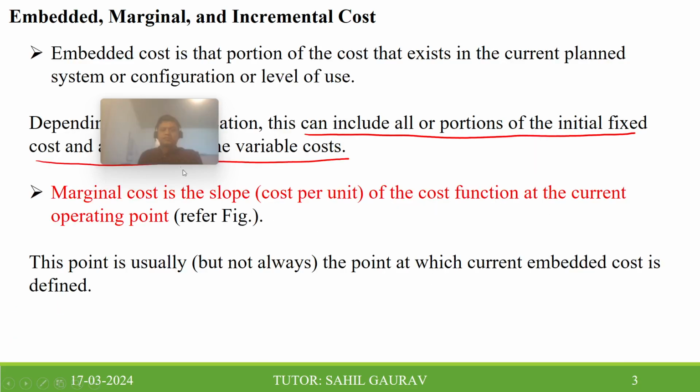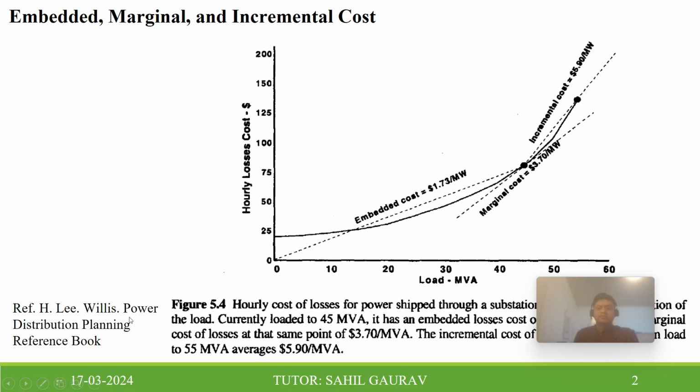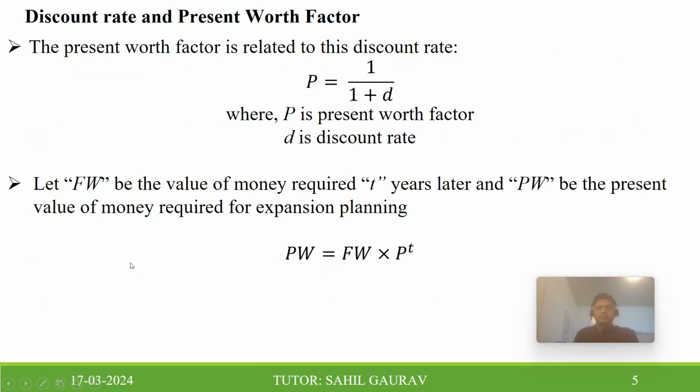I hope this data will help you in solving one problem from this current assignment that is given on embedded, marginal and incremental cost. And all these definitions have been taken from H. Lee Willis's book Power Distribution Planning. Now coming to one of the important expressions that we are going to use for solving the current assignment,